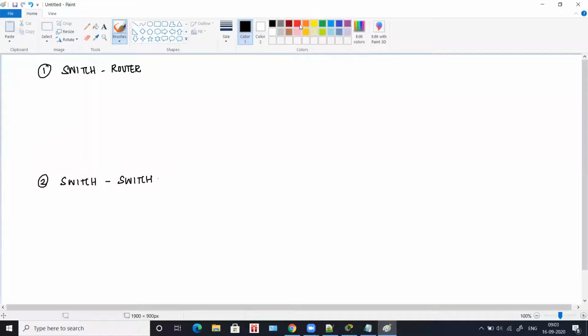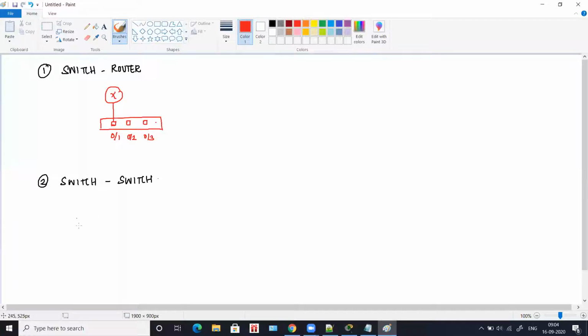What they recommend is, in case you're going to connect a router to a switch, you will connect it in port 0/1. You'll have 0/2, 0/3, up to 24. So normally when you connect a router to a switch, it is recommended to connect it in the first port.